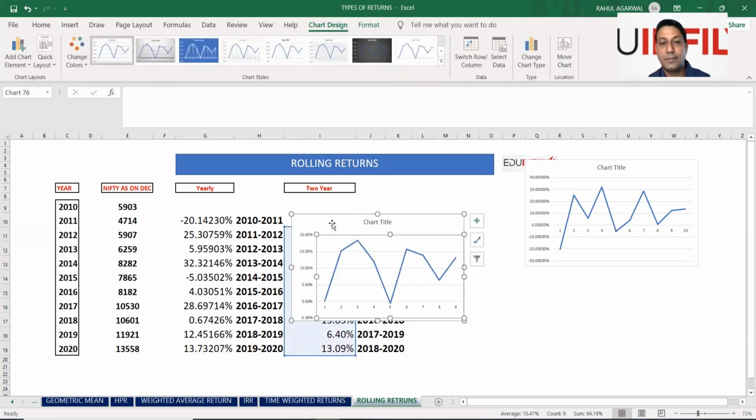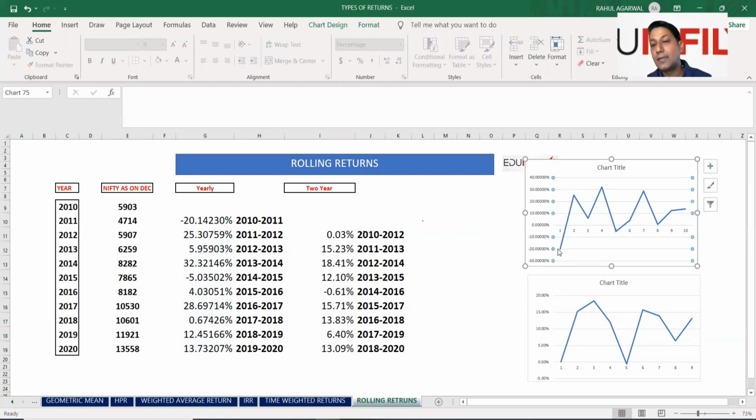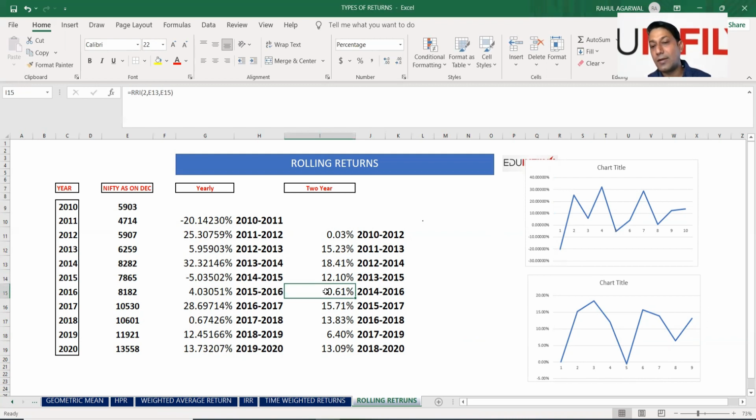Here it is, right? So while seeing this chart, what I can conclude is that if I see the 1 year rolling return, the Nifty is so volatile because in 1 year it is going up by more than 30% and going down more than 20%. But I can hardly see any return over a 2 year specific period of time. The returns are negative, barring this, where the returns are flat, right? So you can analyze any mutual fund scheme returns or Nifty returns on the basis of rolling returns.